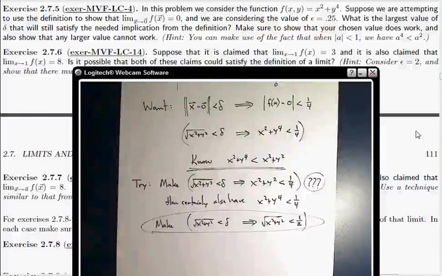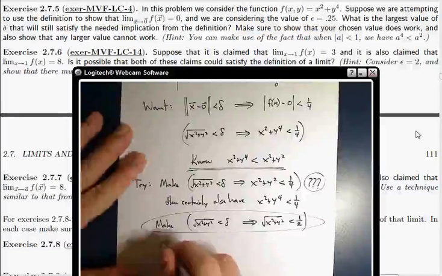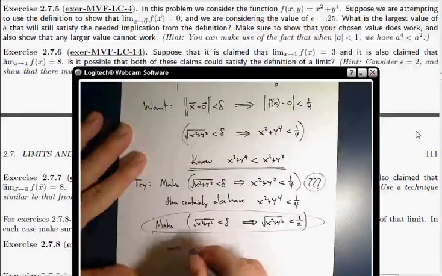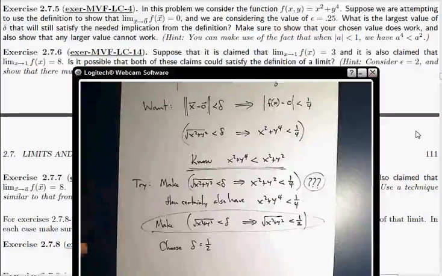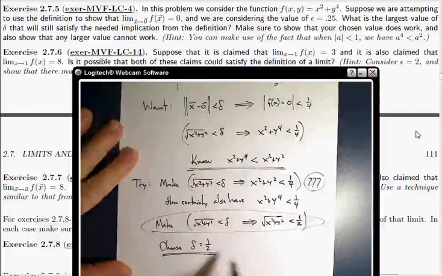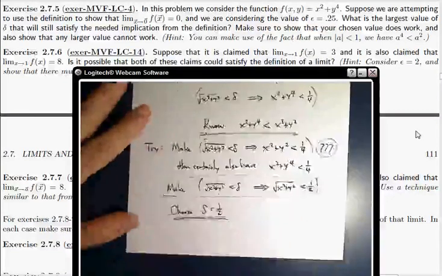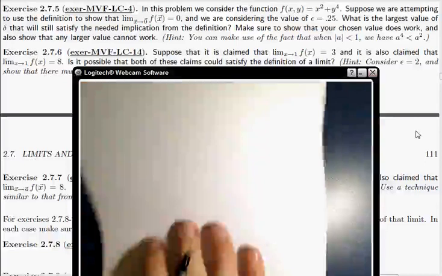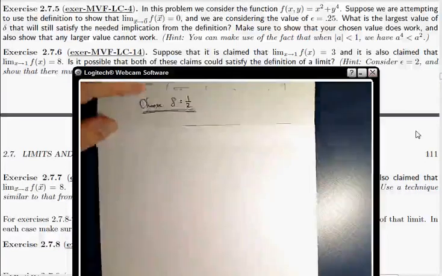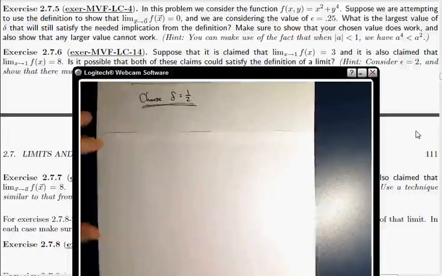So I'm going to choose delta equal to a half, and then I get to demonstrate that this really does work, and this does solve my problem. I'll use some new paper here. If delta is equal to a half, then